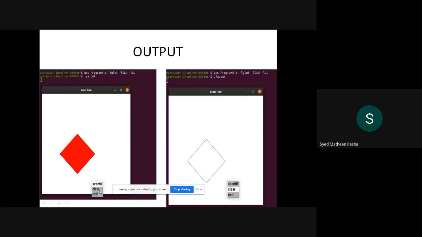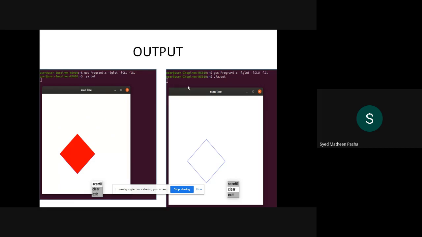If you give clear, check out this, that is an empty output is being given. Just a polygon is being displayed here in blue. As we specify the color of an object should be blue, it is being specified in the blue format. If I click exit, the output screen is being exited. That is, you will get a normal pane of your particular output.